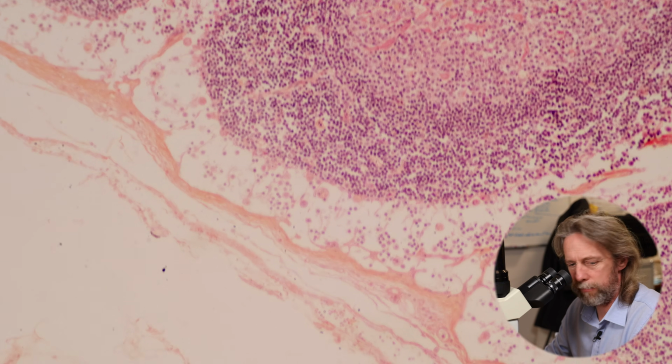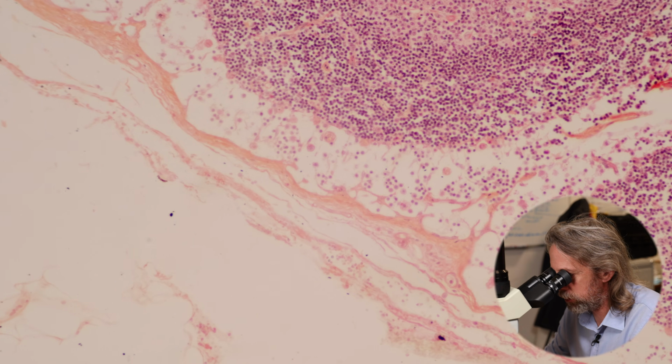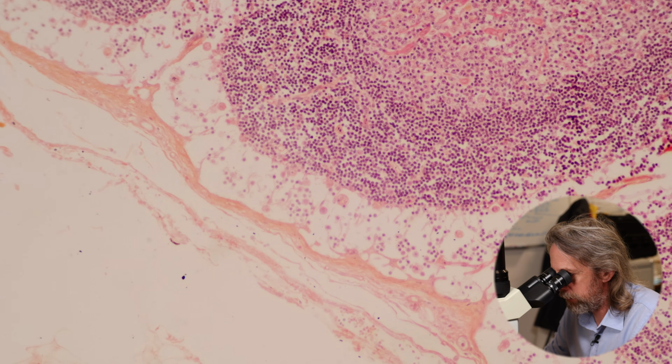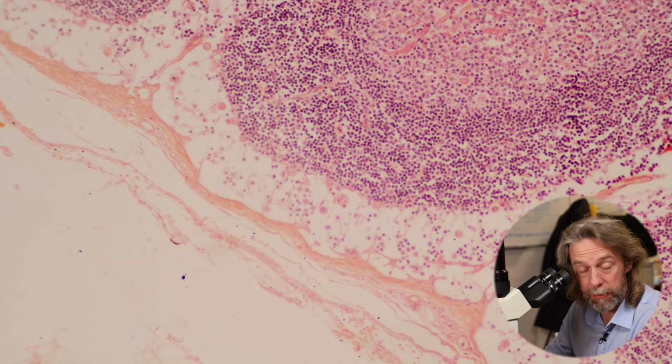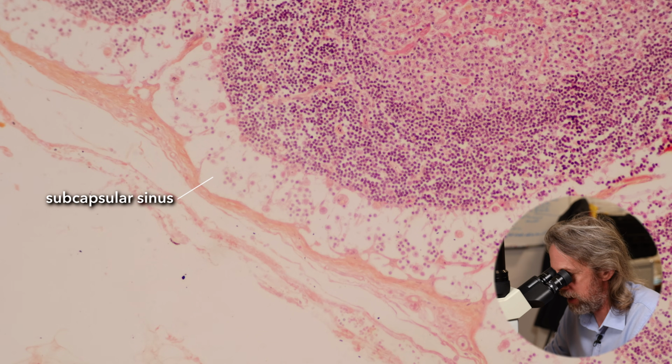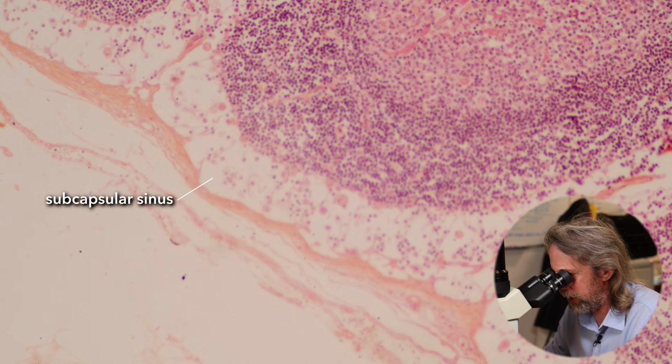So there we go, around the outside we're looking at the capsule, covered by other cells, and then deep to that capsule is a space. That is the subcapsular sinus. That is where the lymphatic fluid is coming into the